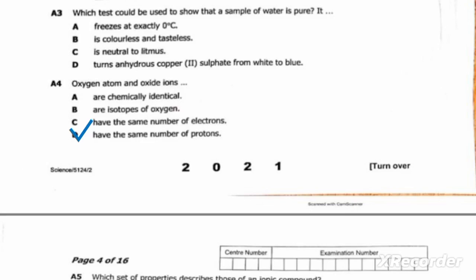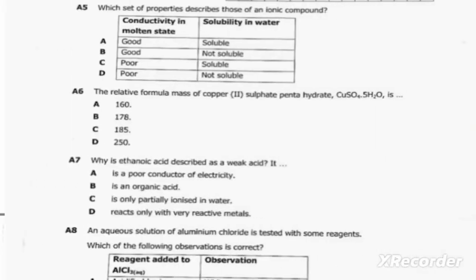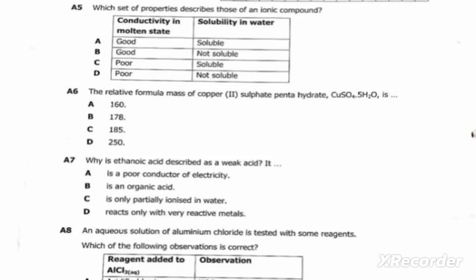We shift to the next question, which is question A5. The question reads, which set of properties describes those of an ionic compound? So the first column we have conductivity in molten state, and the second column we have solubility in water. So we need to understand that